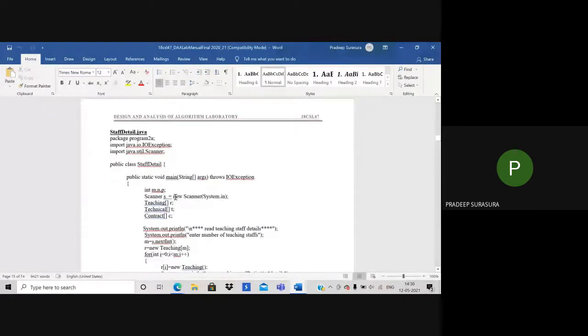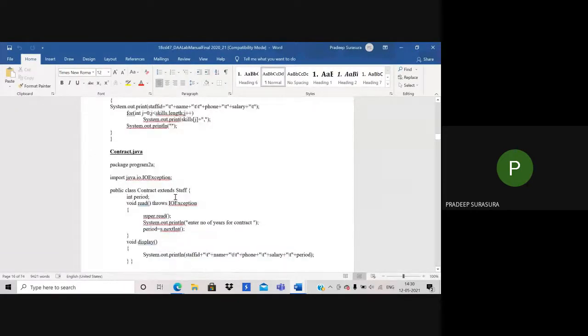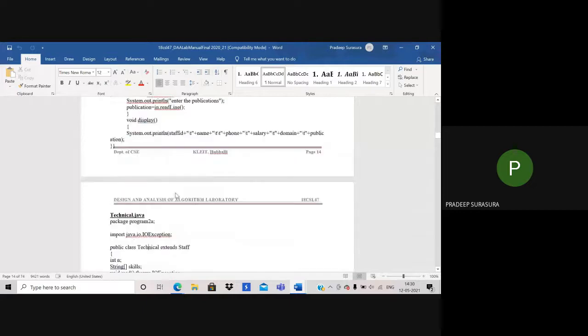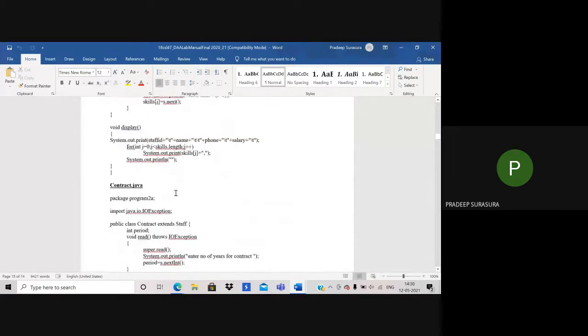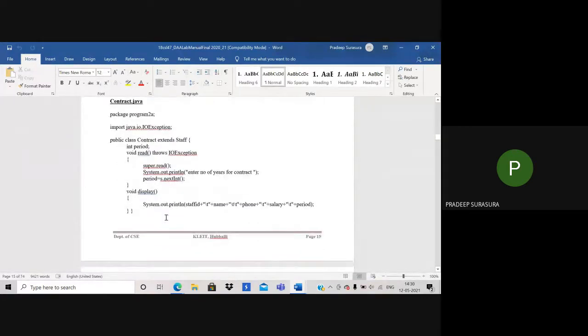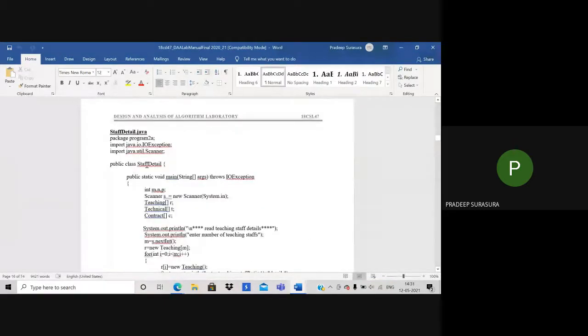All these programs do not have the main function, so all these are named automatically with the class name I have. Now when you are doing a program in online GDB, take care that this class, the staff details, should be named as Main. M should be capital and Main should be the class.